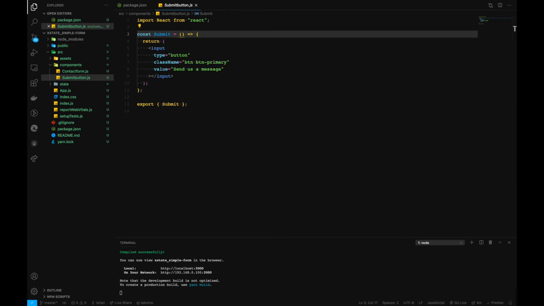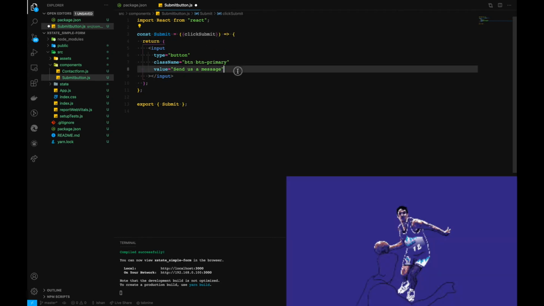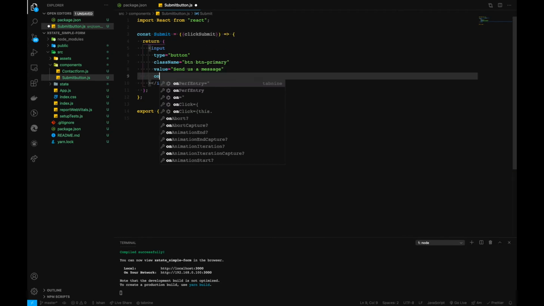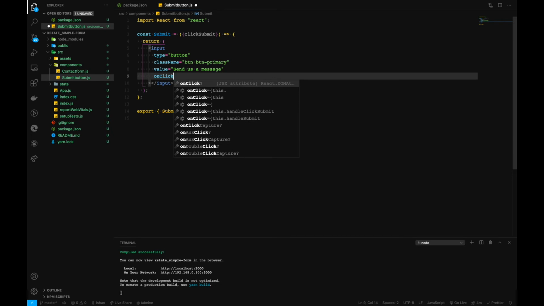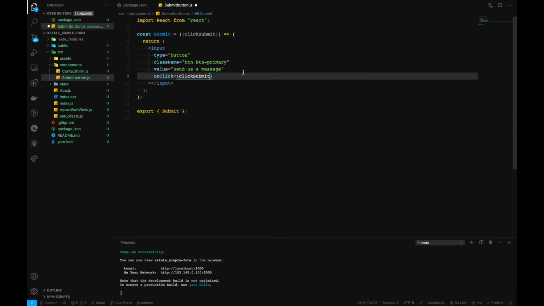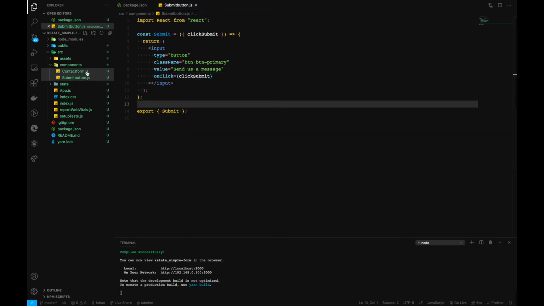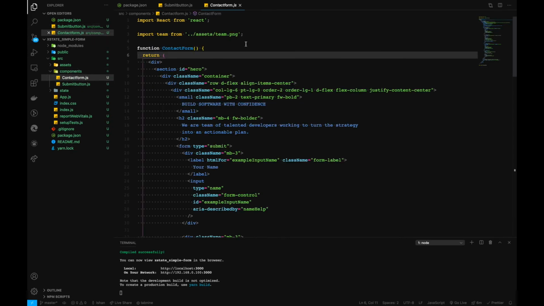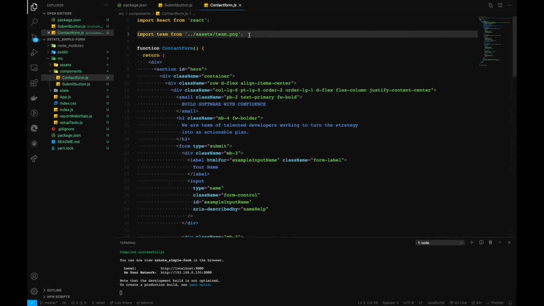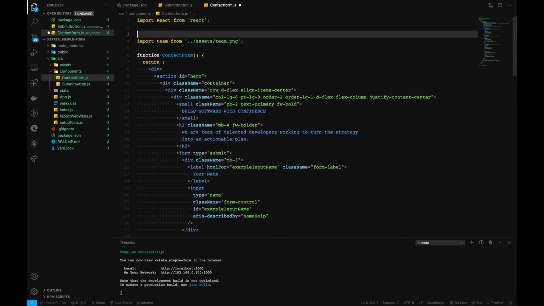We can achieve that with the help of a click submit, which would be passed down to this component, and this would be on click. Then go to our main component inside our contact form, and inside here we will first try to import our